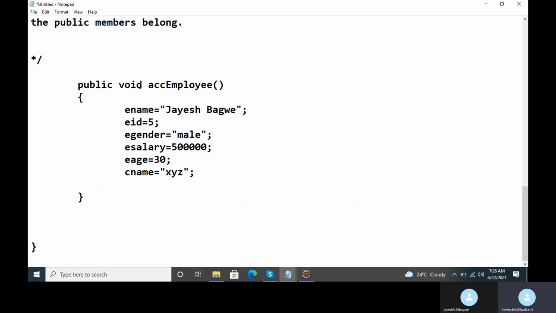Here I have used a keyword in Java called void. What is meant by the void keyword? If you remember, yesterday I told you about the return statement, which is used to return some output value. Suppose I want to return the value for EID, you will write return EID here.